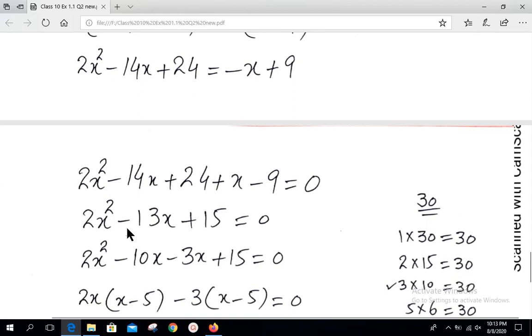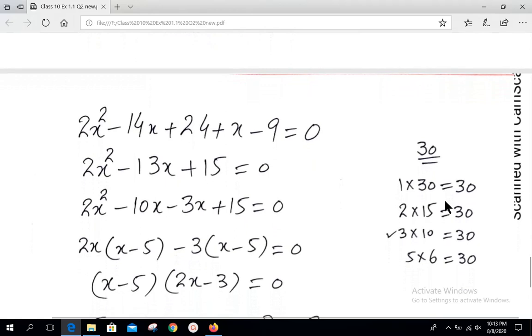Now you observe that the middle sign is minus, so in this case, as you already know, minus into minus gives you positive. This means that the pair most suitable will be the one in which both signs are minus. When you add, you will get minus 13. When you multiply, minus into minus will provide you 15 into 2, 30, positive 30. Clear? So the factors of 30 are 1 into 30, then 2 into 15, then 3 into 10, then 5 into 6. According to this given condition, we need minus 13 in the middle. That is possible from this pair, 3 into 10.